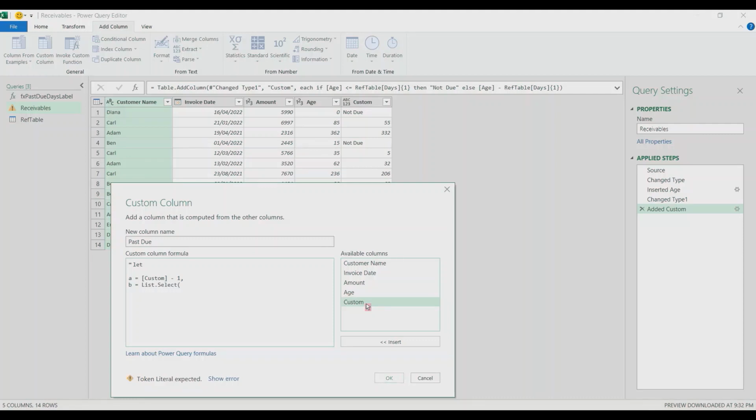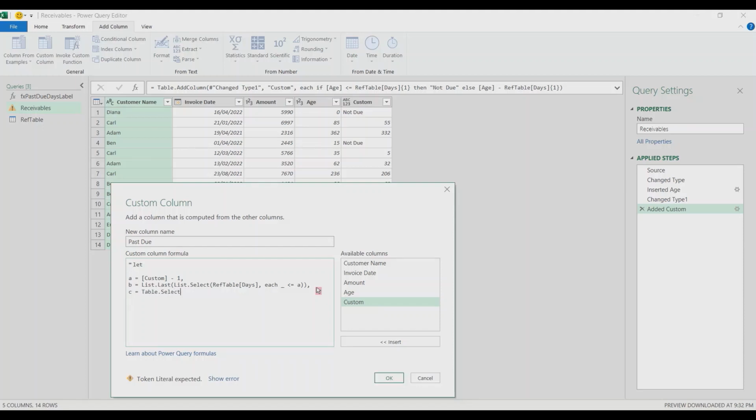The table will be ref table, column days, and the condition will be each underscore less than or equal to variable a. Then wrap it with List.Last so that you will only have the last value. And then the last variable, c, will be equal to